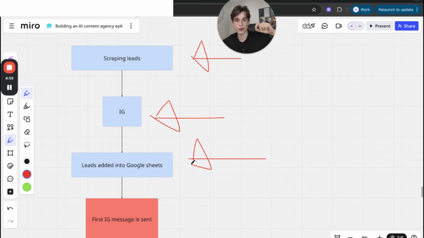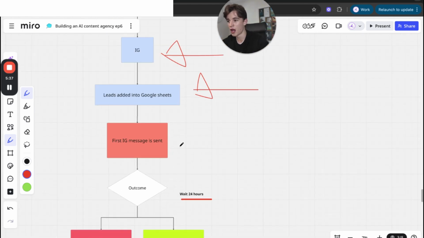If you go into the description below, within the resource pack I'm giving you, I'm also giving you a Google Sheets tracker so you can track all your leads, who you're reaching out to, the follow-ups you send, if they've responded, if they've blocked you, if they haven't. You need to track everything. And I'll be going over this a lot more, probably in a separate video, because it needs that much attention to detail. So you really understand the importance of tracking, because when you track things, and this isn't just for DMs, by the way, this is also for content, you can understand what's working, what's not, and really pivot correctly. So it's very important you track everything.